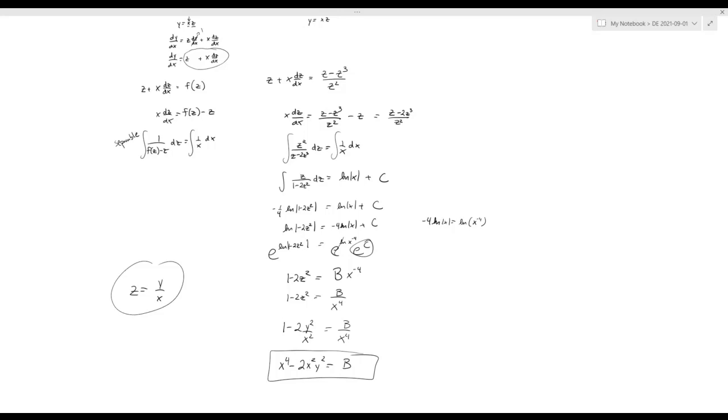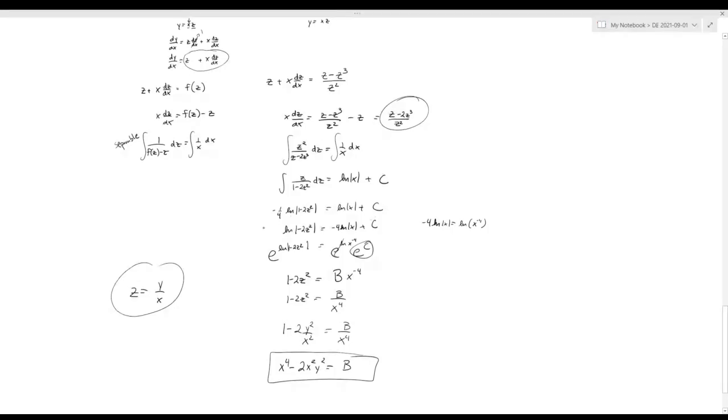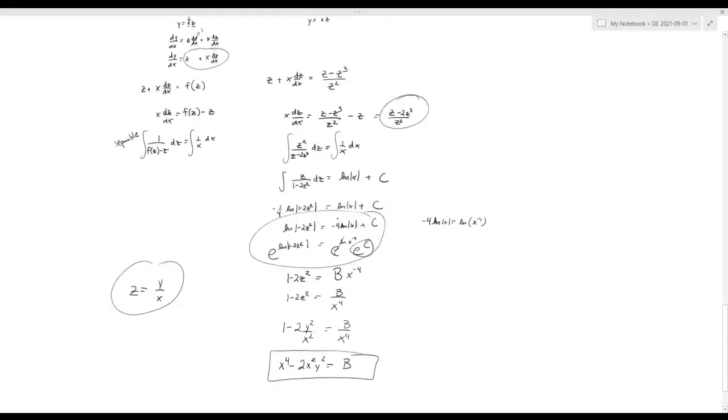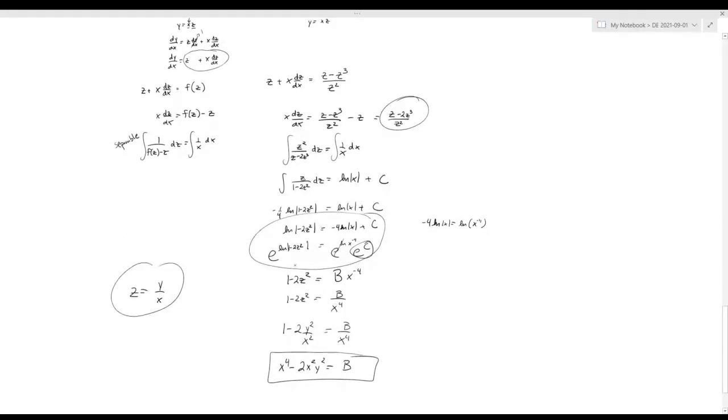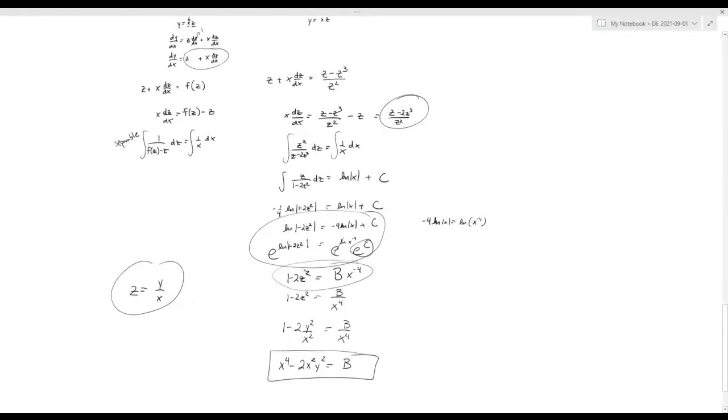Can you explain the part from 1 minus 2b squared equals bx to the negative 4? Can you explain that part again? This part over here? No, it's like right under where you did e to the power of everything. This part? No, underneath that. This? Yeah. Okay. So in the line above, we have